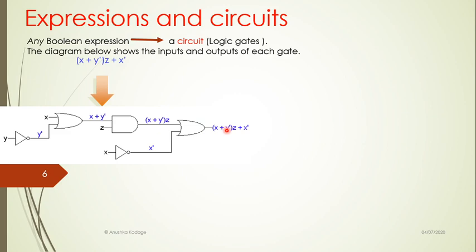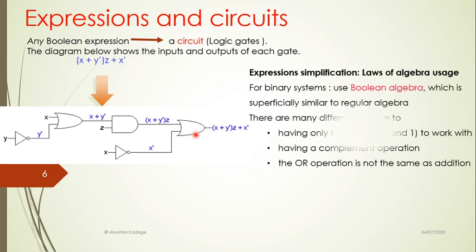But let me tell you friends, even though the terms or the number of literals are fewer in the expression, the number of gates that we are going to use is larger. And when such a condition happens, we get complexity in the implementation of the circuit. And there Boolean algebra laws will help us to reduce this complexity of the circuit implementation.